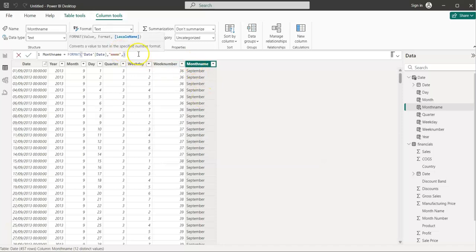Also, we have another argument, which is optional. Anytime you see arguments in square brackets, it means it is optional. If you provide it, you're fine. If you do not provide it, you're still fine. The last argument for FORMAT is the locale. If you have a particular location or culture that you want to provide, you can do that. Let's say I want to format this date in French instead of normal English. Then I can simply say the French code is FR,